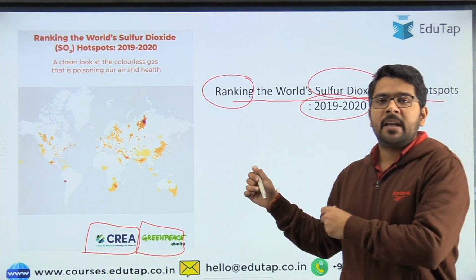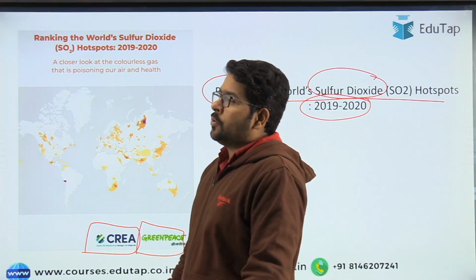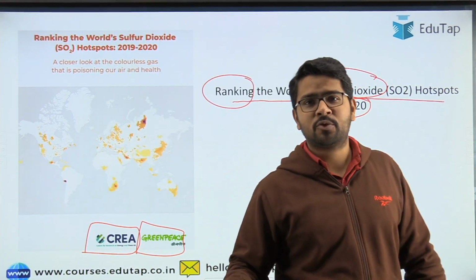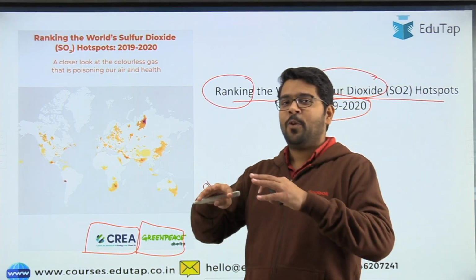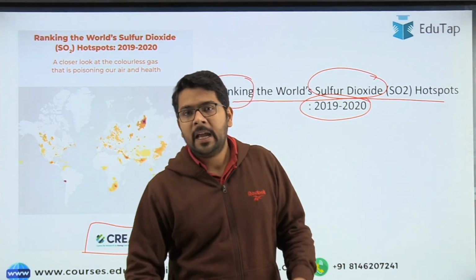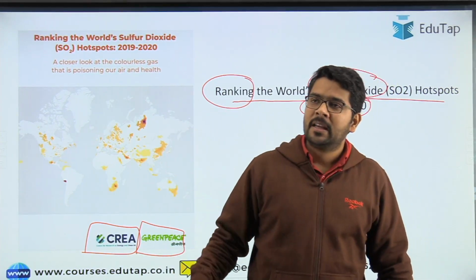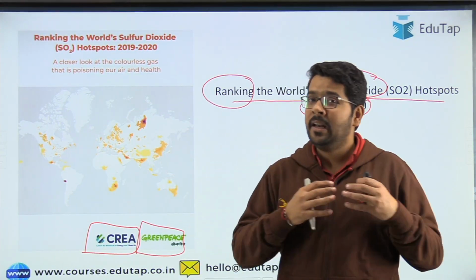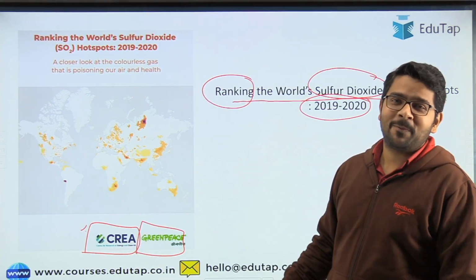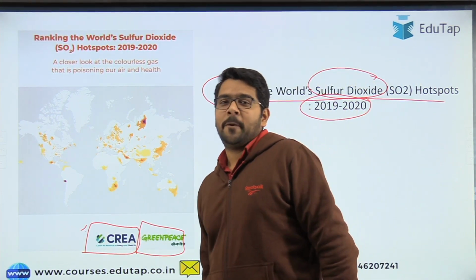So guys, thing is, two people were sitting idle. They decided, let's do something, let's do something stormy today. So what they did, they gathered the data from the satellites and even asked for NASA's help, saying brother, give us the data, we will do some analysis. So these are the two agencies who are responsible for the preparation of this report.